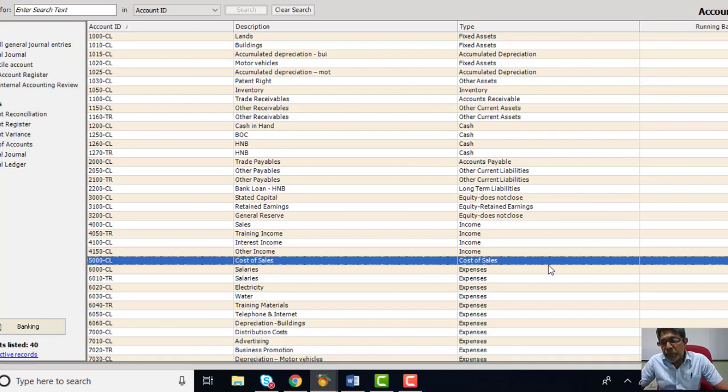The periodic method can be used for a manual accounting system, whereby at the end of the year you take the physical stock count and then you maintain only the purchase account to handle all the purchases, and make the adjustment using the adjustment entry at the end of the year to find the cost of sales related to the items you sold. But in a perpetual method, once the transaction happens, for example the sale,